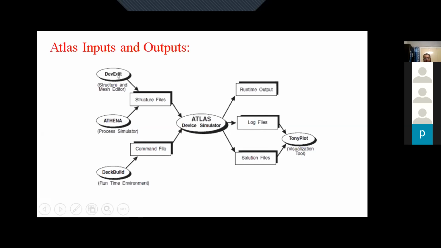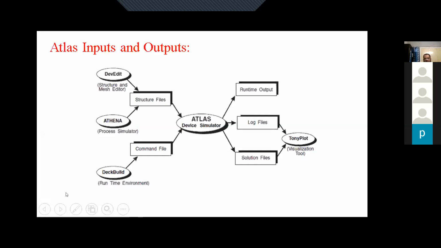We also have a device editor where we can separately create structures like polygons and all those, which are meant for emulating the device in rectangular or circular form. But there is another mode, which is command mode. In the form of commands also, we can create the structure, and that is a feature given by DeckBuild that we have just seen.